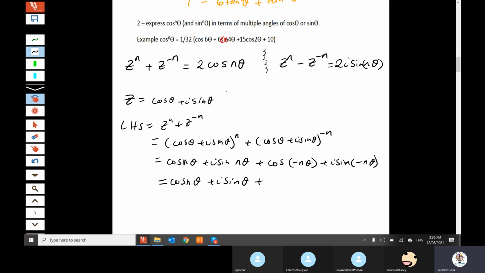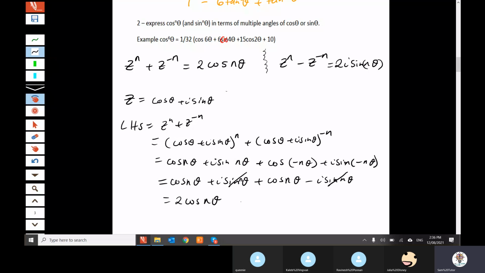So what should this simplify to? Cos n theta. Yep, because cos is even, so negatives are still the same as positives. Whereas this guy? Minus i sine n theta, and then what happens? This and this would cancel out, and you're left with